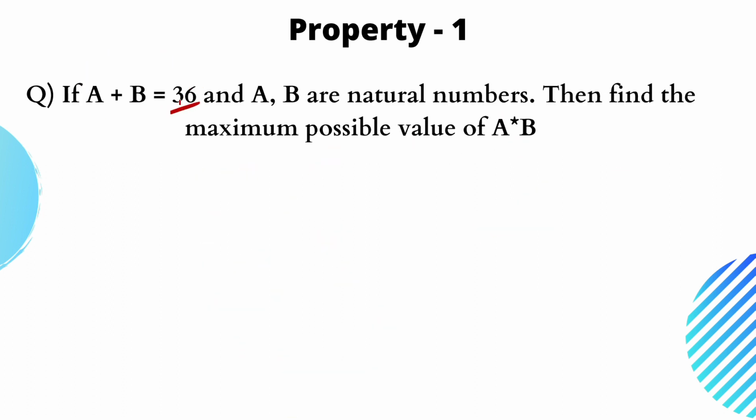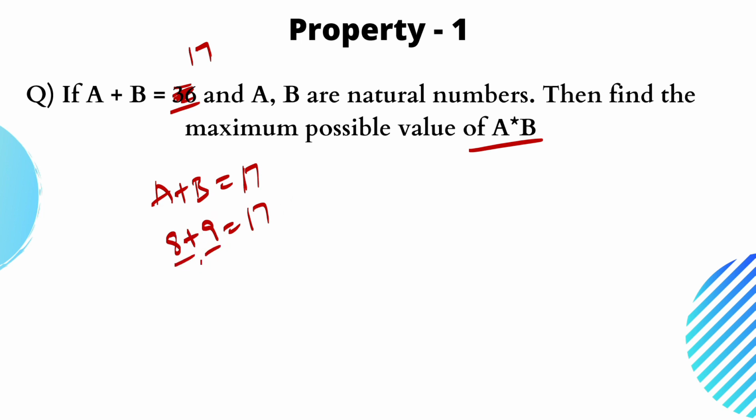Here initially we had 36. So if this were 17, a + b = 17, then find the maximum possible value of a into b. So in this case, a + b = 17. 17 is not a perfect square, right? But we can say that 8 + 9 is equal to 17. So perfect square is not possible, so these two are as close as possible. So in this case, 8 into 9 is equal to 72. This is the maximum